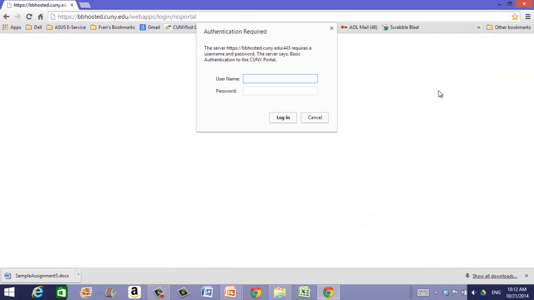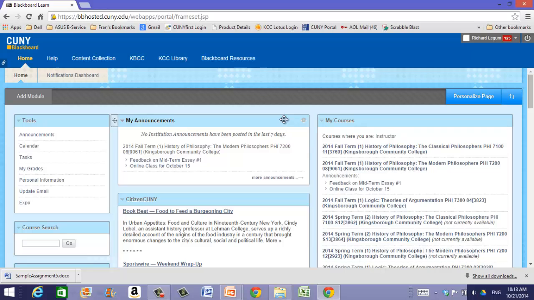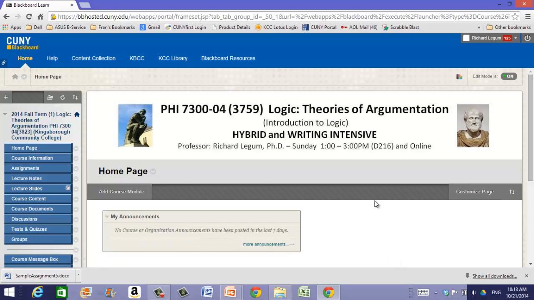And now I'm going to be prompted to log in. Helps if you remember your login. I'm logged into Blackboard. So now we've created a document, we've done the assignment, and now let me go to the course. Here I'm going to a course I teach. For students it's going to look a little bit different, but in about the same place over on the right side you're going to see my courses. And I said I was going to do this for my logic class, so I went into my logic class,